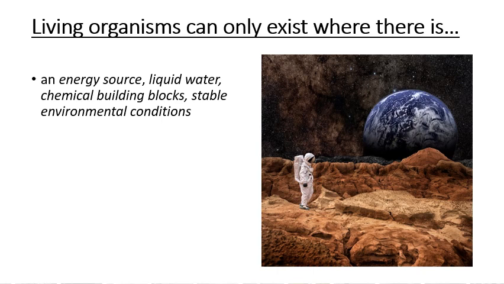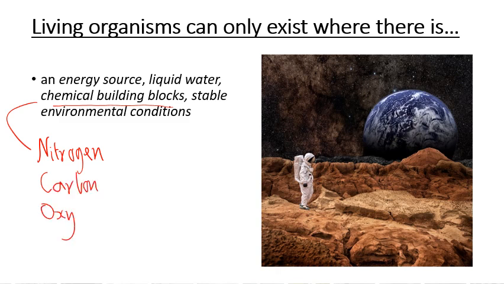Another interesting thing is that living organisms can only live in these conditions. And it's one of the reasons why Earth is so unique, and it's why we're here. It's why life evolved. So you need an energy source, which is the sun on Earth. You need liquid water. You need the chemical building blocks, which includes a whole range of organic chemicals that can form naturally. And in particular, they include nitrogen, and carbon